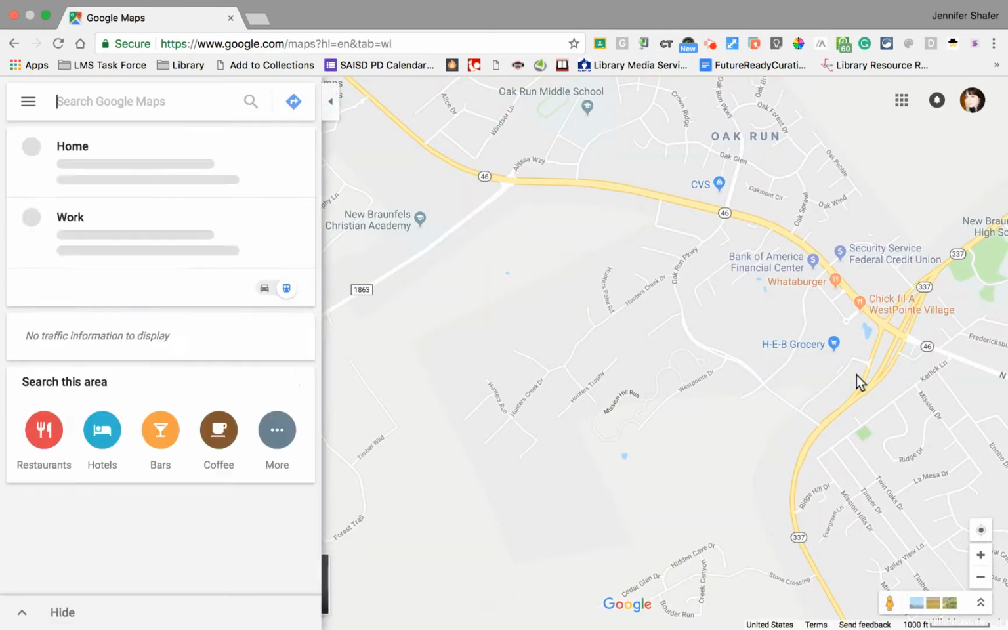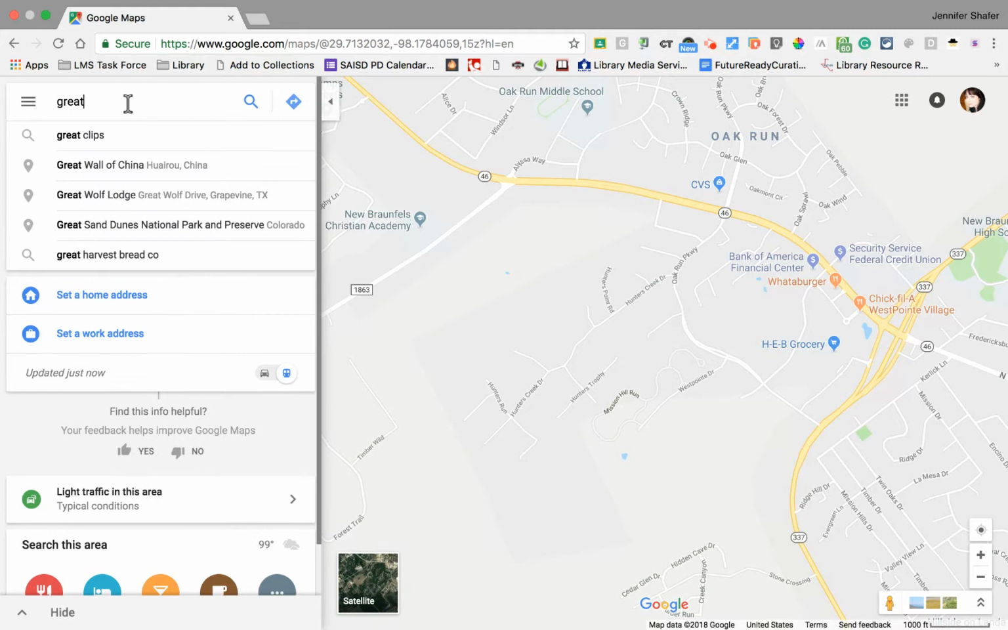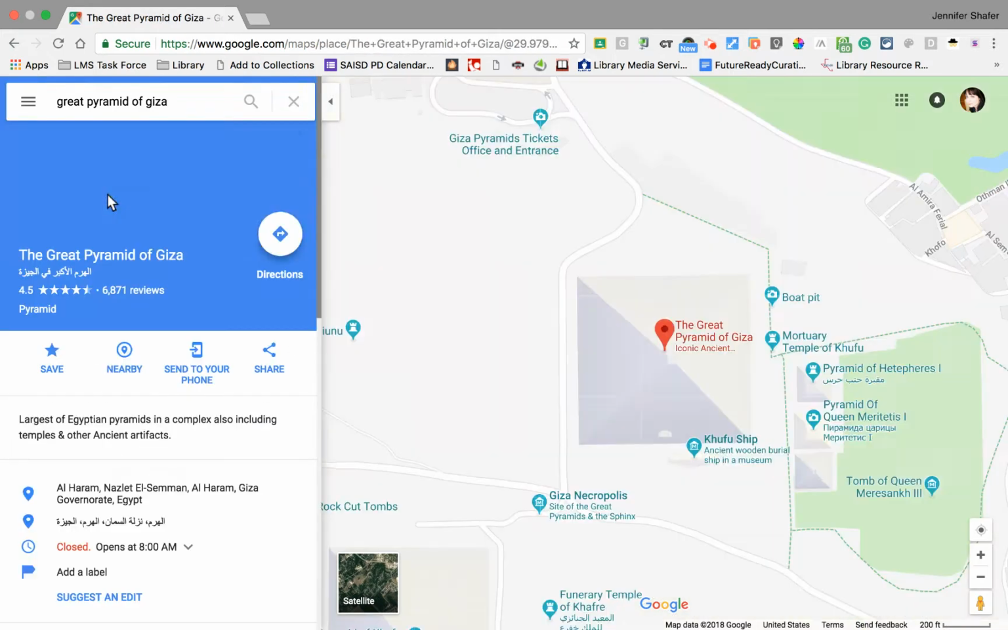So let's pretend like we're studying Egyptian culture and we want to explore the Great Pyramids of Giza. You're going to put your cursor up in that left-hand side box that says Search Google Maps, and you're going to type in the location. So Great Pyramid of Giza. And as I type, I'm seeing an option there that I can just select after it autofilled,